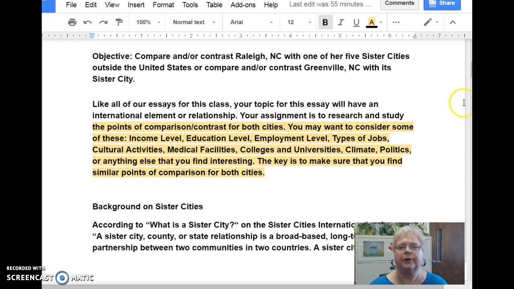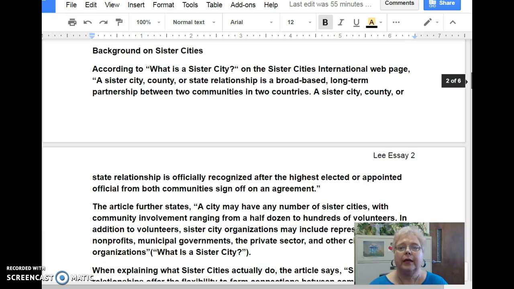What you're going to need to do is to research whichever home city you chose, and then find some points of comparison with the sister cities that they are linked with. And you want to compare information with the same points of comparison. In comparing things, you want to compare apples to apples and oranges to oranges, not apples to oranges, as the saying goes. So the 2 cities are similar enough to make a valid comparison,